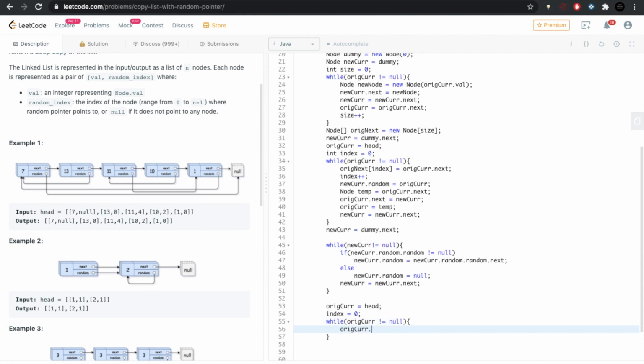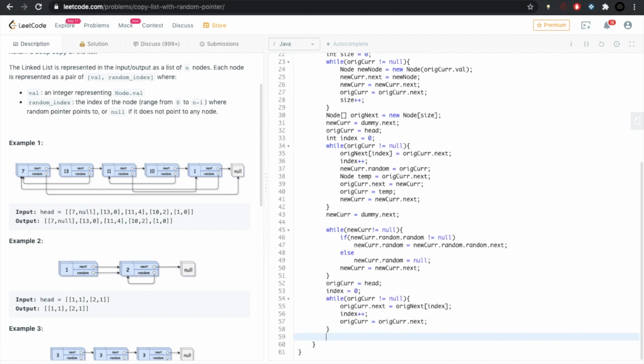Make the original cursor's next point to original next index. So here we are fixing the next pointers of the original nodes. Increase the index, move to the next node. After fixing the next pointers, we just simply have to return the head of the new list.